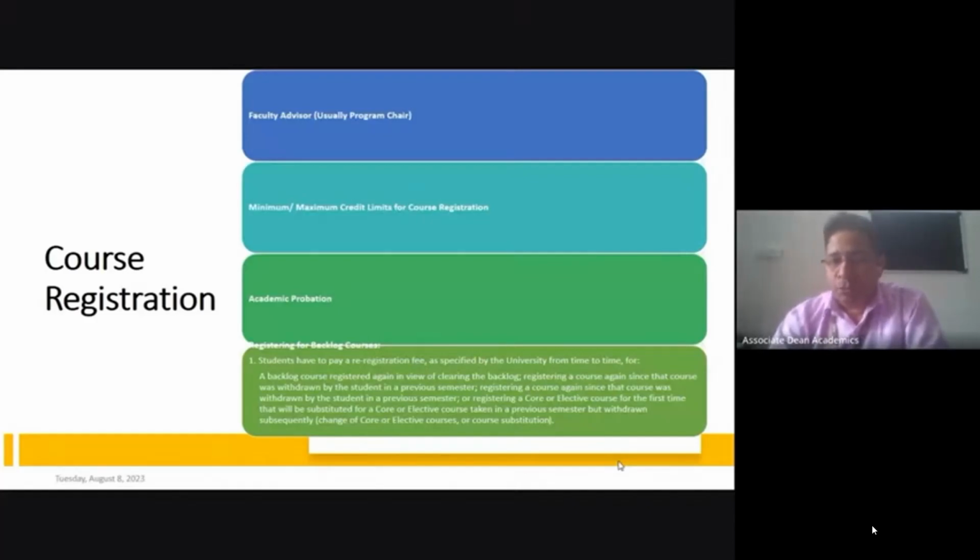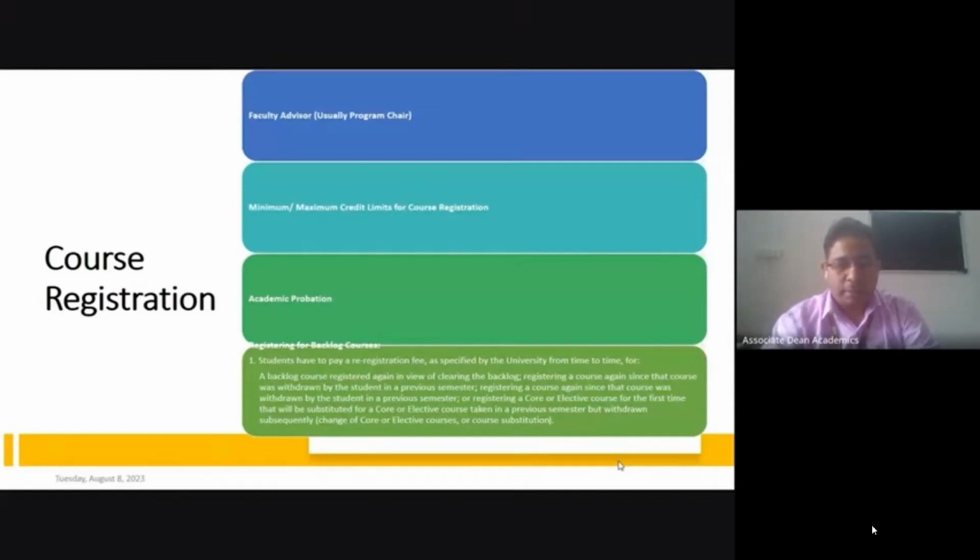But some students, due to medical issues or family or personal issues, could not complete the credits as per expectation, and they have to complete a minimum of 36 credits at the end of the second year. Only then will they be allowed to register for any courses for the third year. That is the meaning of the academic probation rule here. Understand? That rule will be applicable for all students.